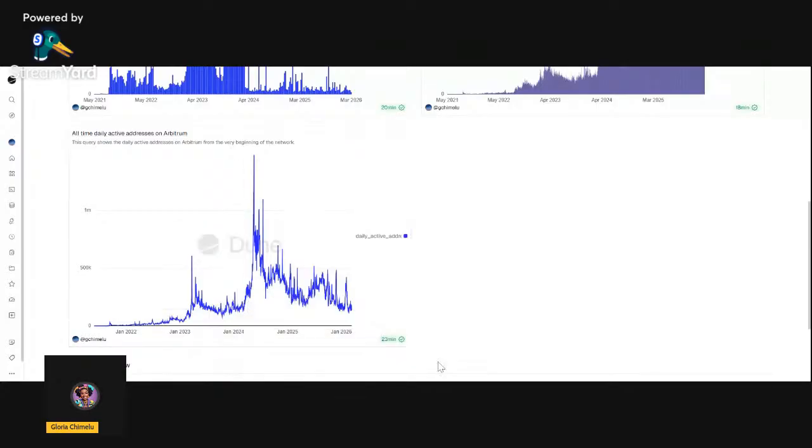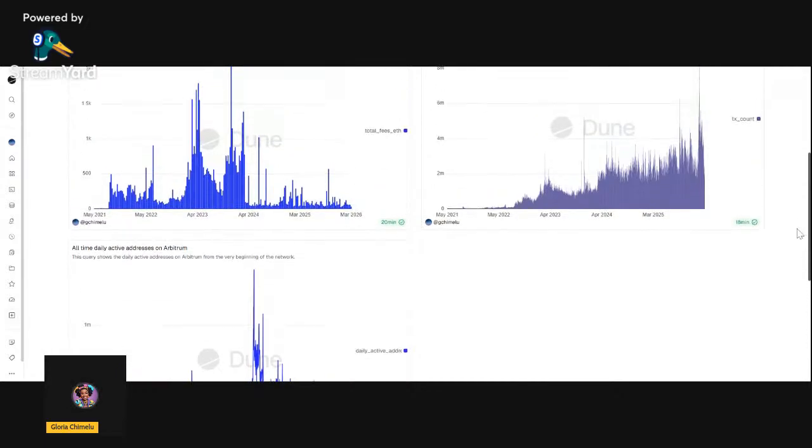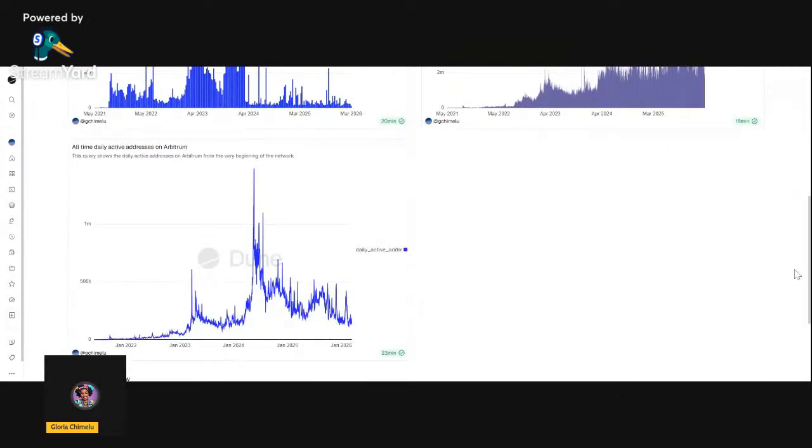That's very important when you're considering historical data, because in the last three visualizations I did, I looked at historical data. I didn't use an interval of 30 days or 90 days. So the all-time daily active addresses, this visualization here, shows us the daily network participants, and it also shows us that Arbitrum was gaining traction and has relatively gained a bit of momentum.